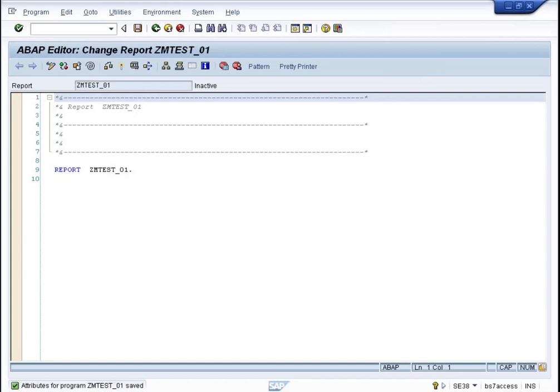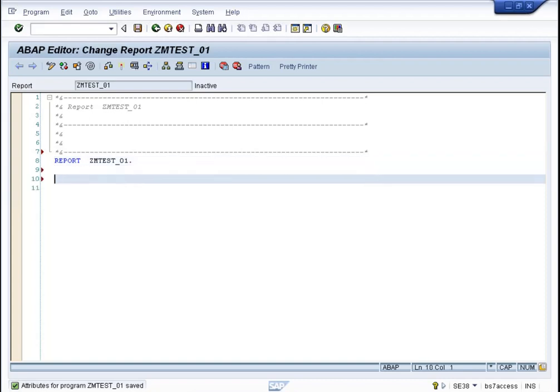So when I click on save, this screen is coming. This is called the ABAP editor, where you will write the coding, the entire coding. Say for example, I want to write a name. I will give the command